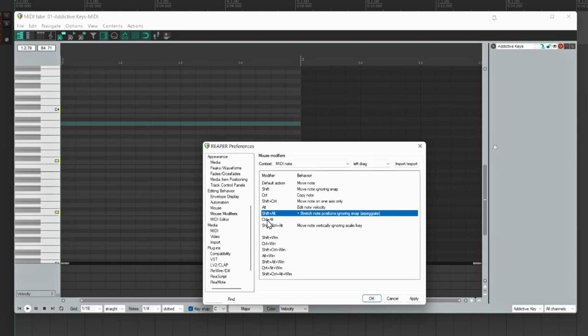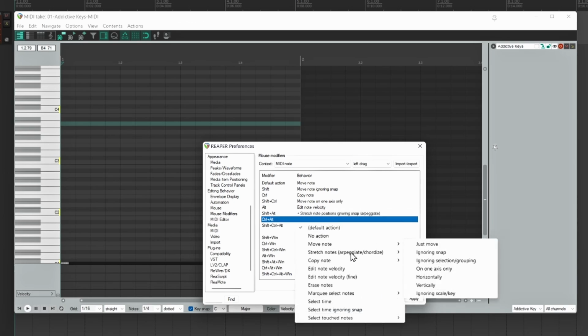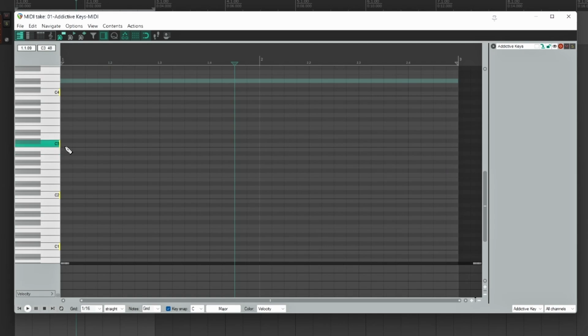Right here, I want to do this Control and Alt one. So I'm gonna double click there. And I want to do the same thing, but this time I want it to just stretch. I'm gonna click on that. So now I have both of these in here set up. I hit apply, and I just hit OK. So now, let's say,